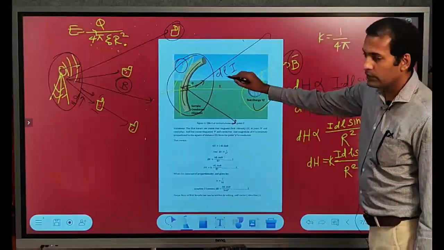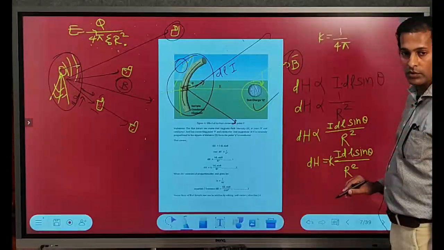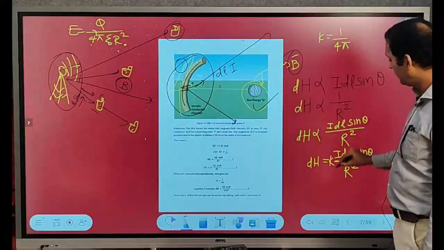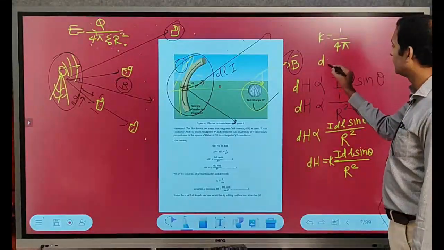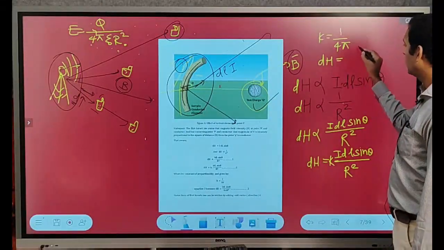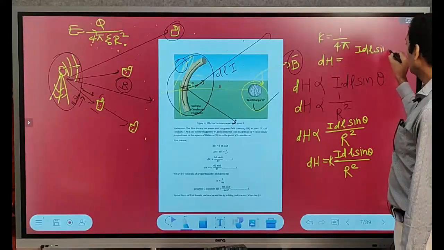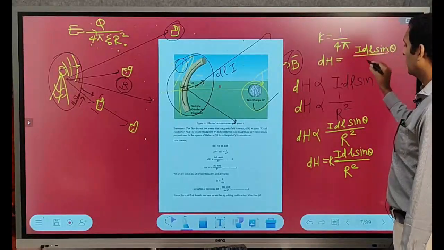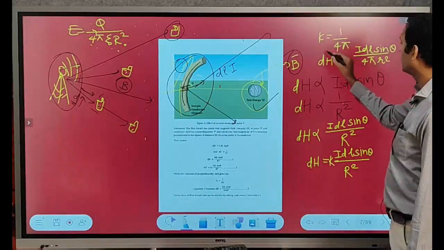In free space normally we don't have magnetic iron and all, so we are not taking mu there. So what we will keep? We'll keep this 1 upon 4 pi here. So what will be the formula for dH? dH will be equal to I dl sine theta divided by 4 pi r square,